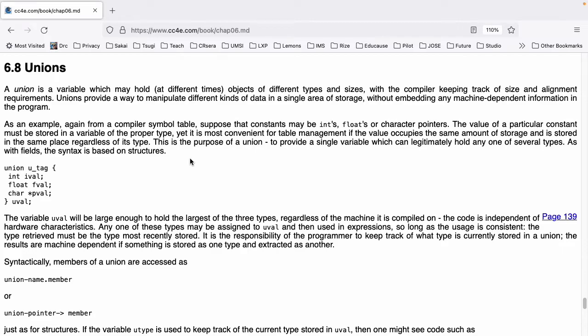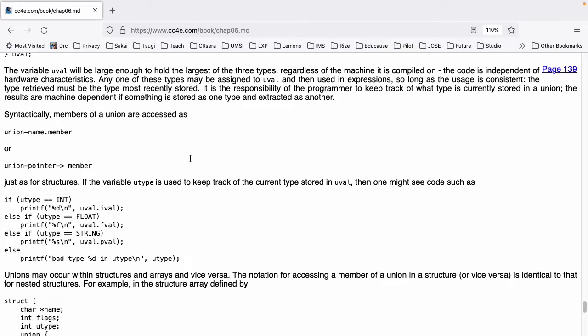It is the responsibility of the programmer to keep track of what type is currently stored in a union. The results are machine dependent if something is stored as one type and extracted as another type. Syntactically, members of a union are accessed as union-name.member or union-pointer->member, just as for structures. If the variable utype is used to keep track of the current type stored in uval, then one might see code like